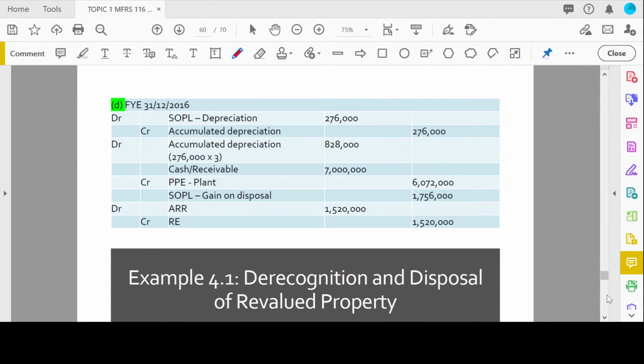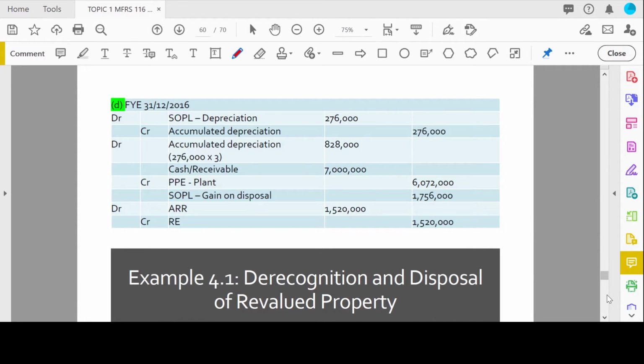Okay, as per our discussion before, what happened in year 2016? Number one, we provide for depreciation. Number two, there is a disposal of asset. And number three, don't forget to transfer the amount of revaluation surplus realized from ARR to retained earnings. So number one, journal entry for depreciation: debit SOPL depreciation, credit accumulated depreciation by